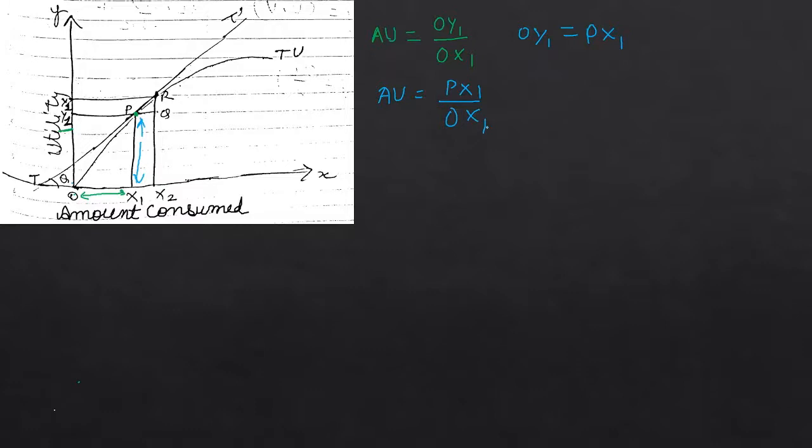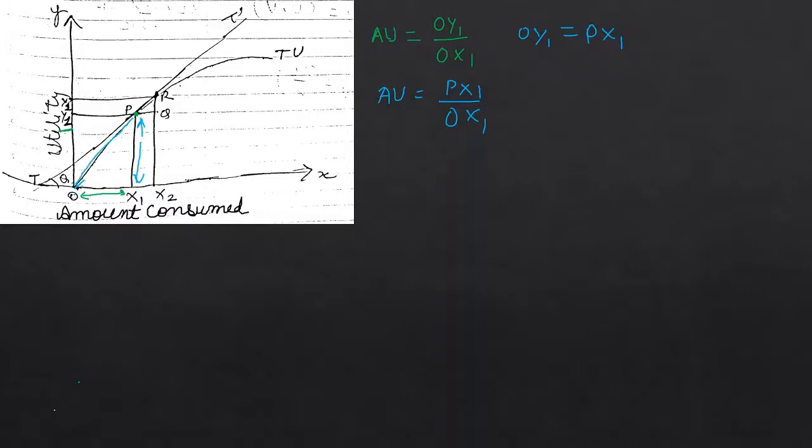This ratio is called the slope of line OP. If we draw a line from point O, this is the point O, and this is the curve,